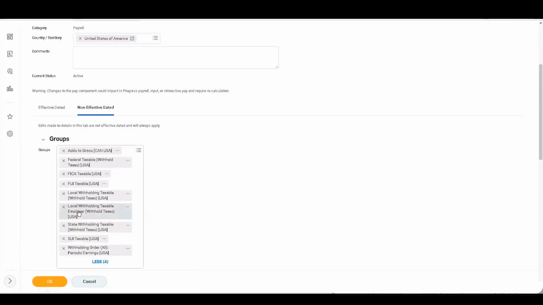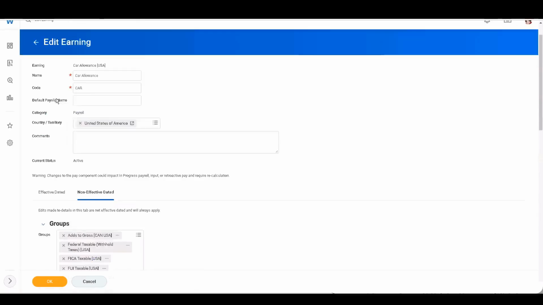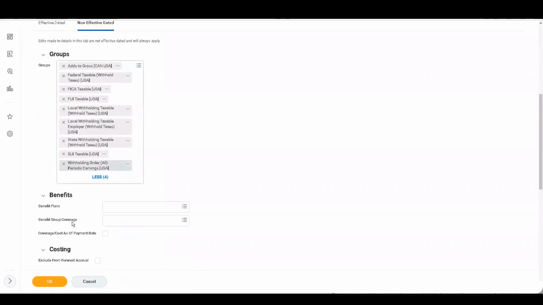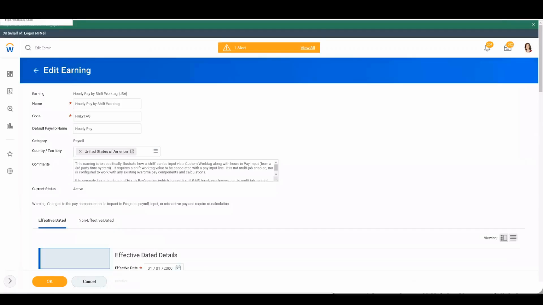Just to talk about the benefits also. Why do we have benefits? Because benefits can be a deduction, right? Why is it a benefit here? Sometimes the employer will pay you the money for purchasing the benefits. In that case, you'll have the benefit plan coverage group. You can set it up here. So we'll talk on that as well. But coming to the second one,